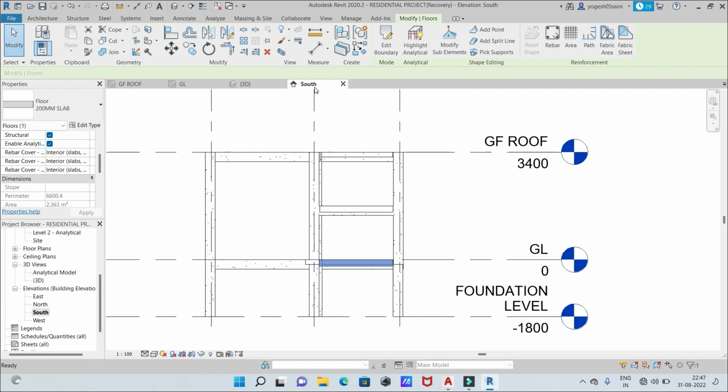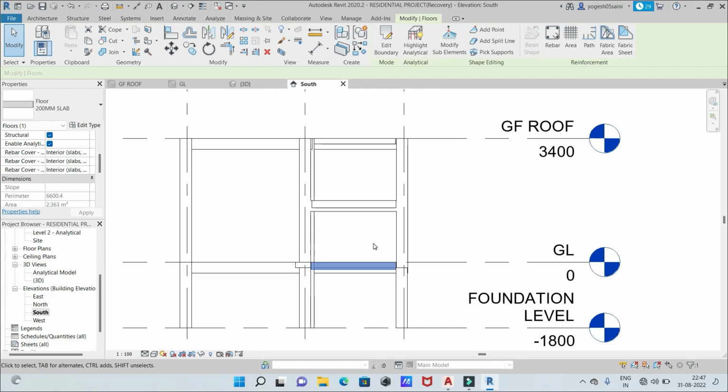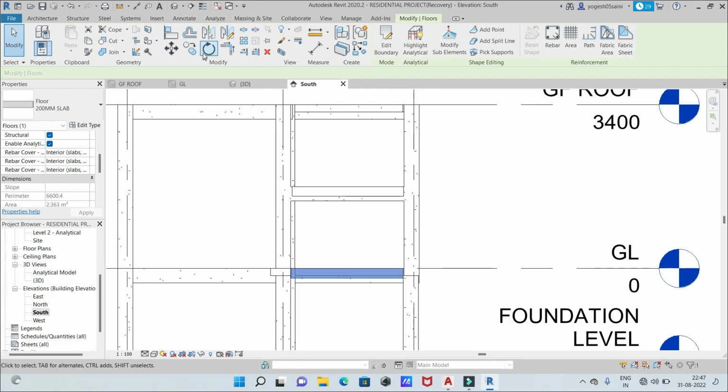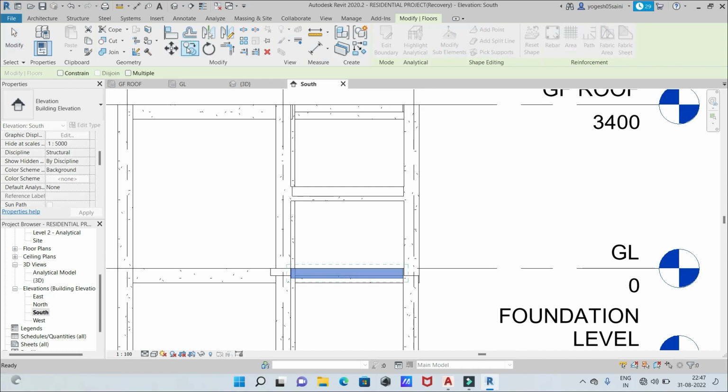Now we are going to copy this. Just copy here. After copy, make sure that the constraint and multiple both are unchecked. It shouldn't be checked here, otherwise you are going to face problem. So from the end point,